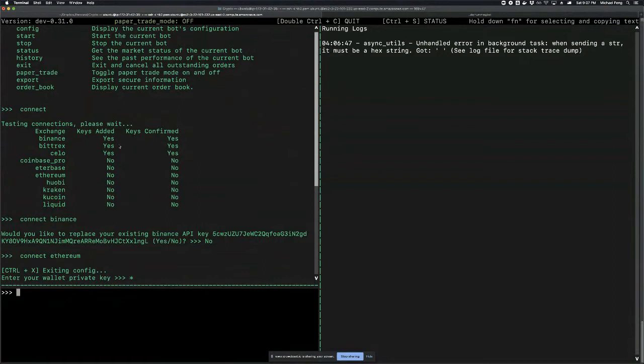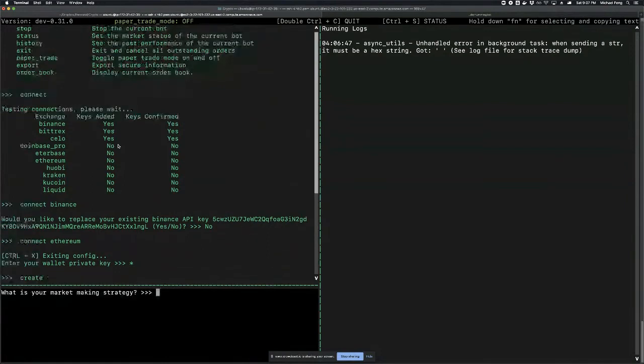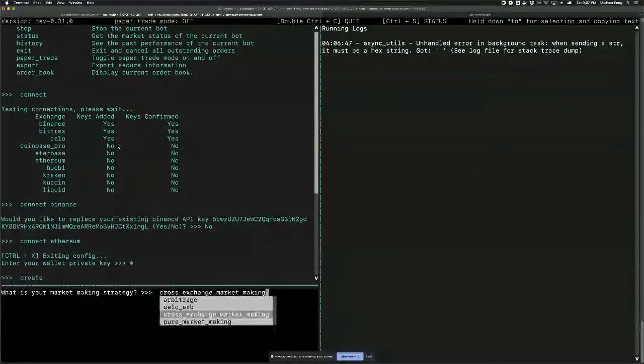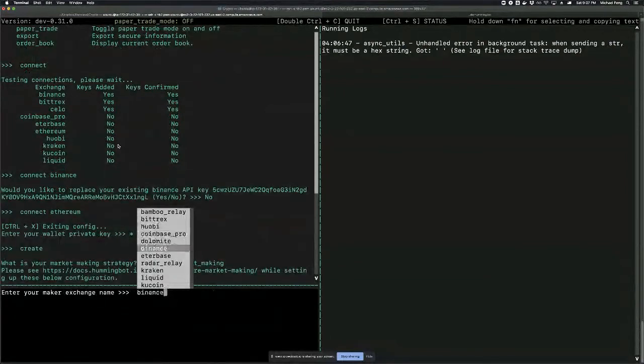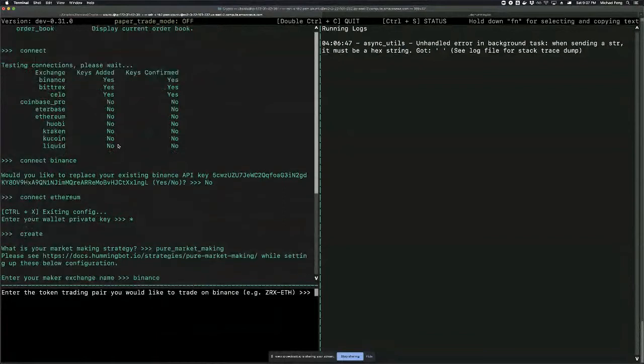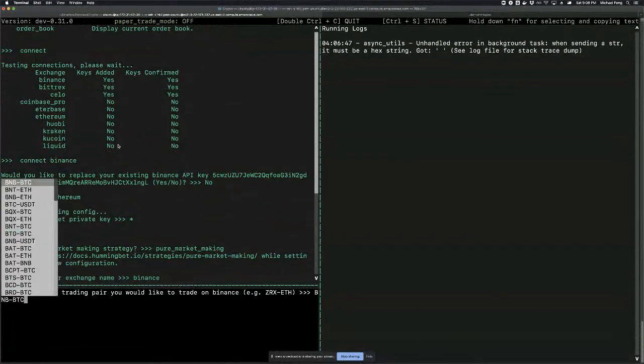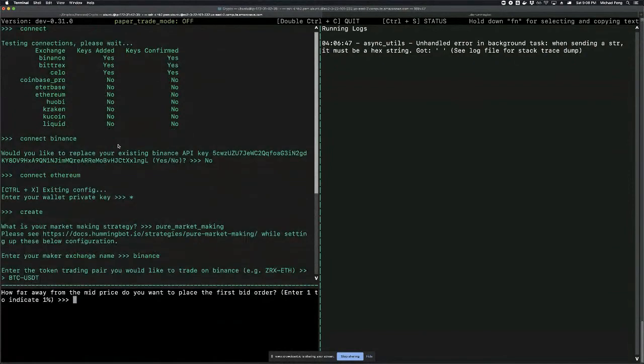I have Binance here, so let's create a very simple Bitcoin to Tether market making bot on Binance. So to do that, we use the create command, and then we have a number of strategies, and the one I'll pick is our flagship strategy, which is called pure market making. I'll select Binance from the list of exchanges, and then here I need to list a token pair. We do have an autocomplete. I'm actually going to pick Bitcoin Tether from this list here,